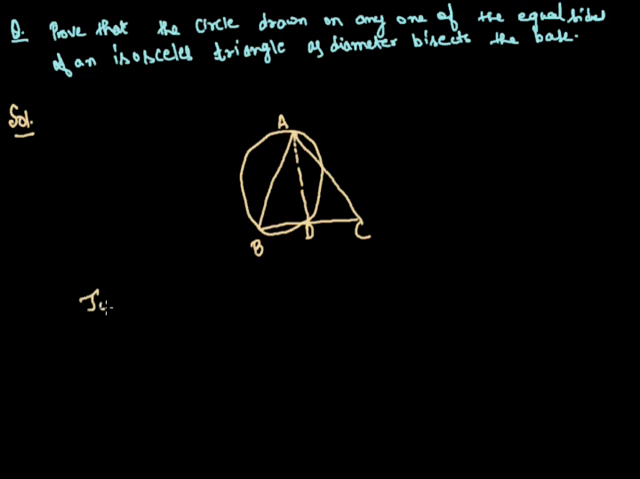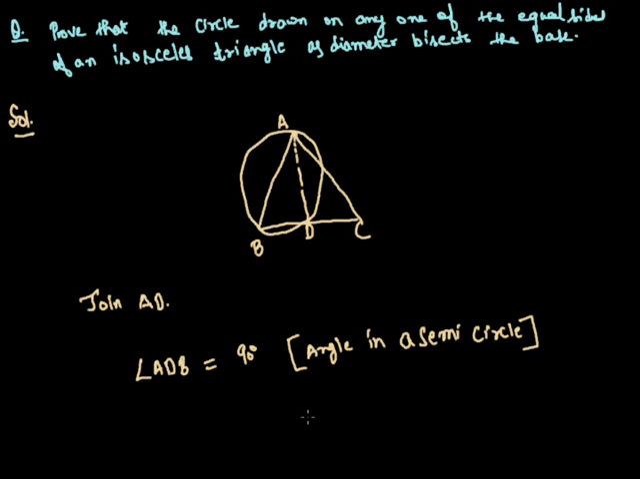Join AD. Angle ADB is equal to 90 degrees, angle in a semicircle. Now it is given that AB is equal to AC. In triangle ABD and triangle ADC,